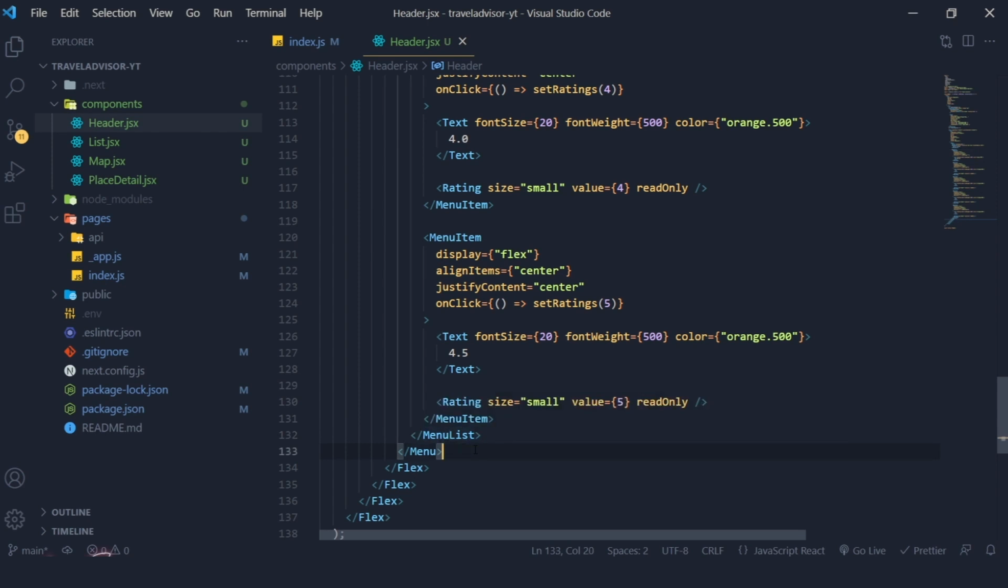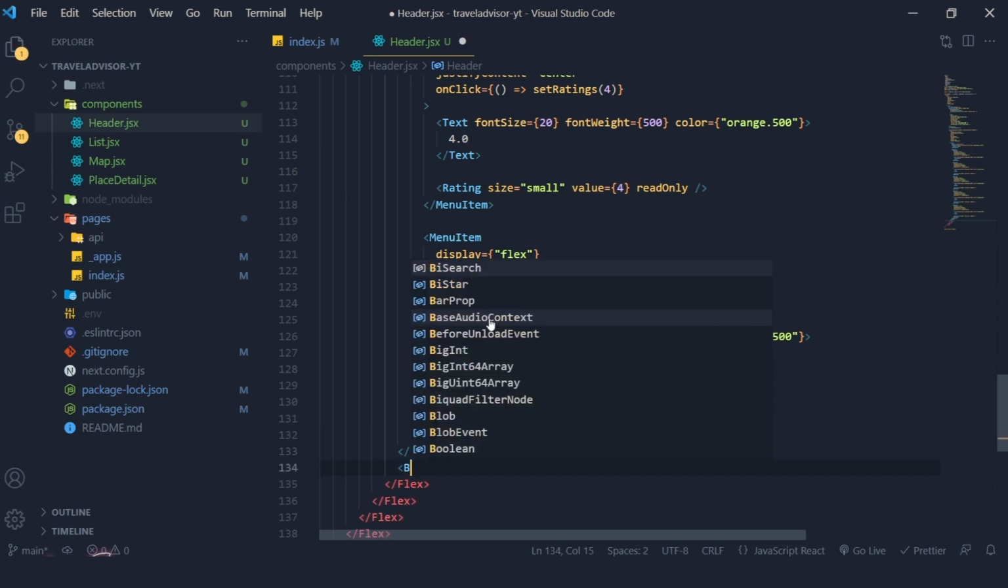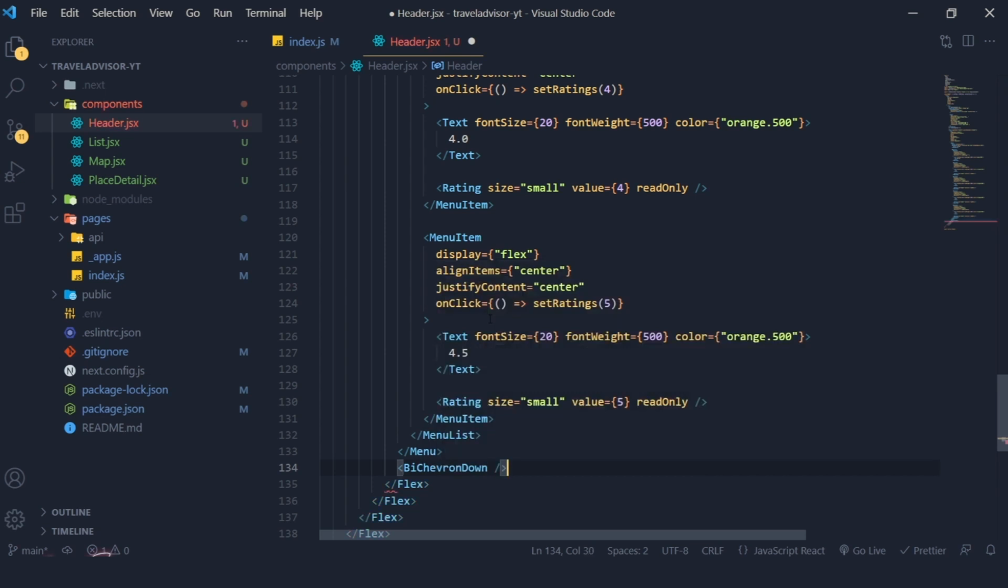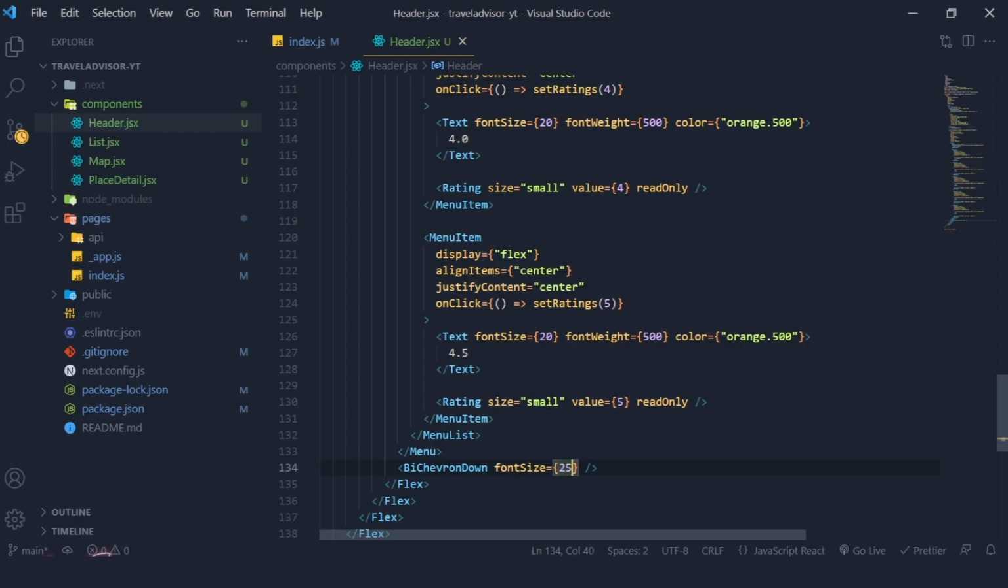After this menu over here, I'm going to give a chevron down, font size it's going to be 25. Let's see, we have that icon. If I click this, that will bring this nice menu down, and I can choose the ratings and all those things. If you wish to add a few spaces between it, what you can do is